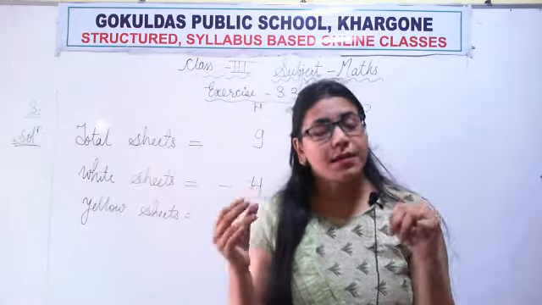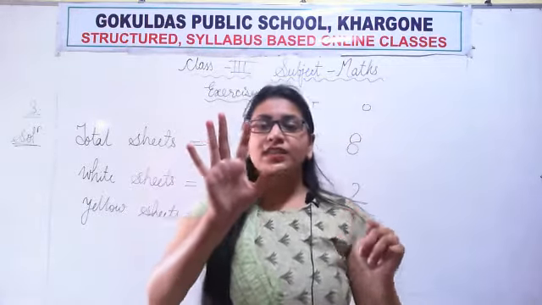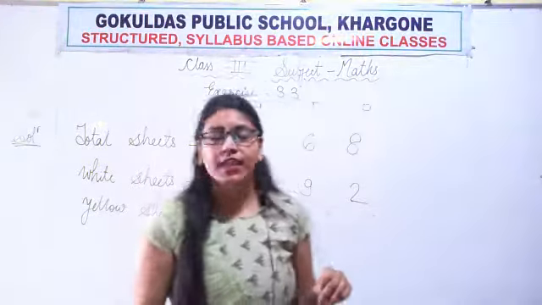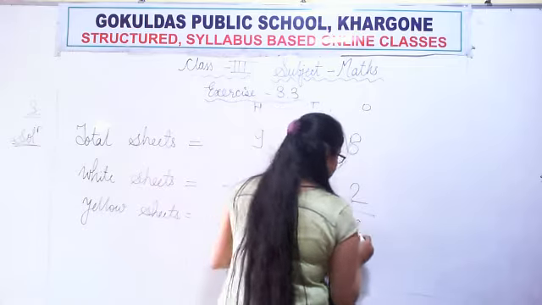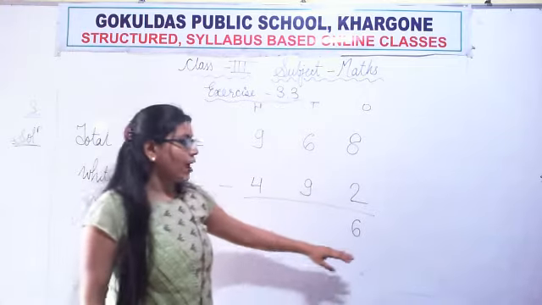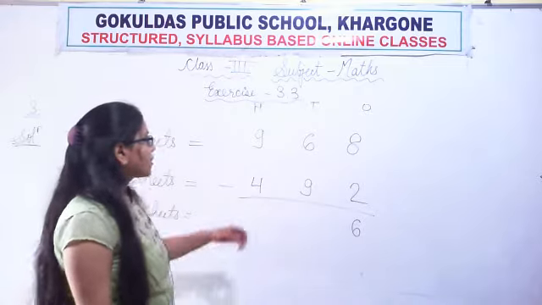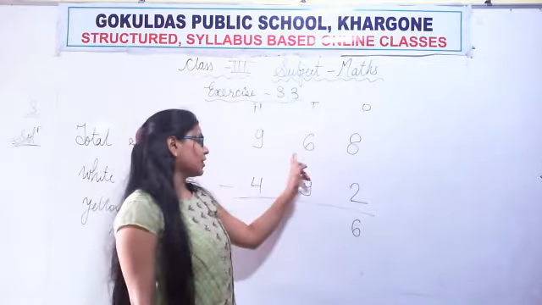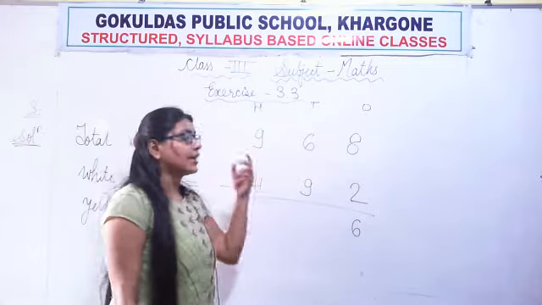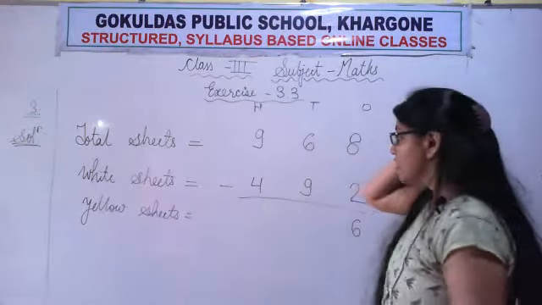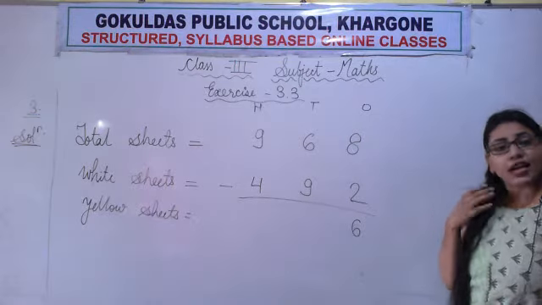Now we'll count the remaining finger marks. 1, 2, 3, 4, 5, 6. We had written that 6 fingers were left. So we write the number 6. Now moving towards tens column. 6 minus 9. Now can we remove 9 from 6? Yes or no?